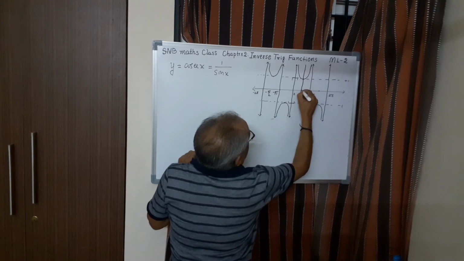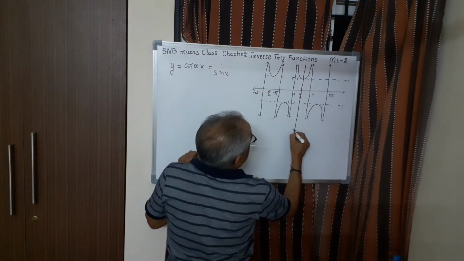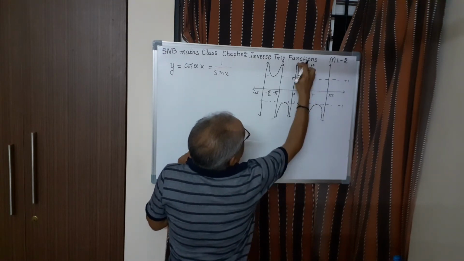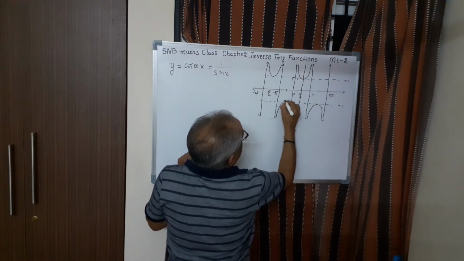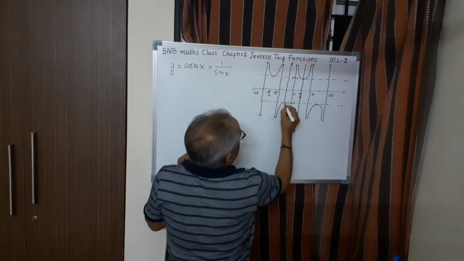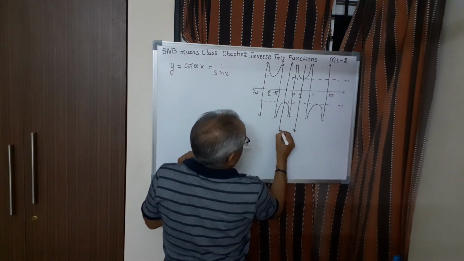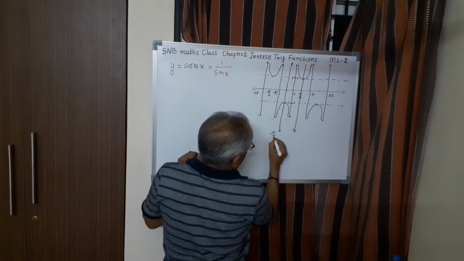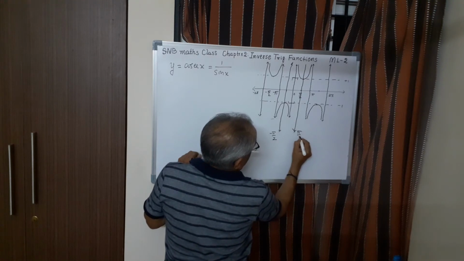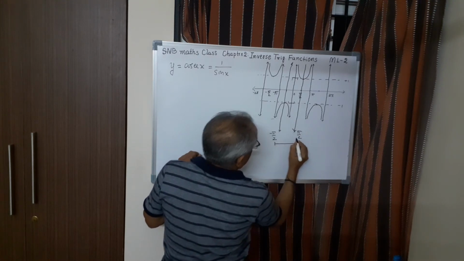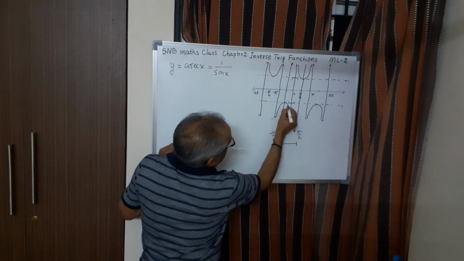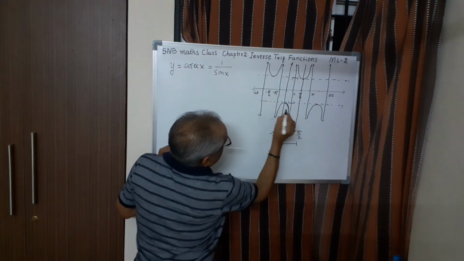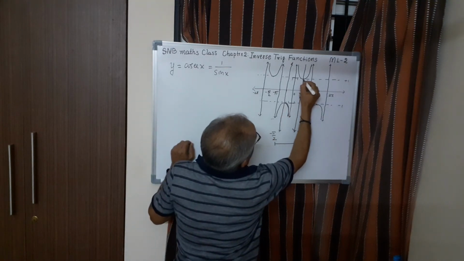I will draw the line here like this, and this curve I will take, and here I will draw, this is minus pi by 2. So I will draw the line here and like this. Note here, it is minus pi by 2, here it is pi by 2. This is the branch I am taking, this branch. And here, see, this curve is like this. Concentrate only on this one. And here it is like this,